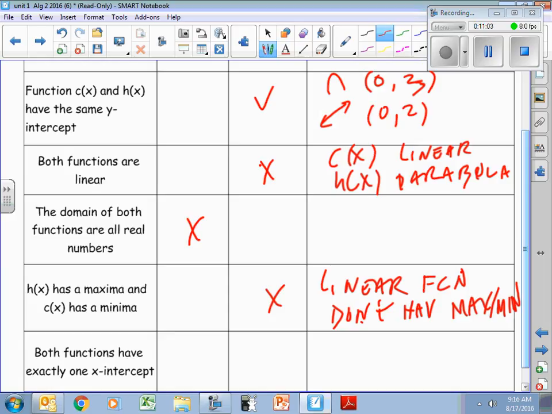And then the last one. Both functions, it's a free for all. Both functions have exactly 1 x-intercept. False. False. And what do we put for that? Parabola has 2 x-intercepts. Which one is the parabola? The H or the C? H. And this is why math will make up letters. I got tired of writing the whole word parabola, and so that's why I asked which one is the parabola. That way I can write the short thing has 2,